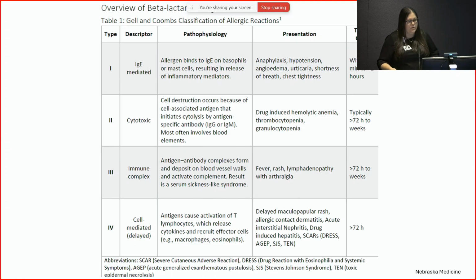I do want to note the most common reaction is a delayed just maculopapular rash. And the literature says patients, when re-exposed, only 10% would even have that same rash again. So just, again, it's